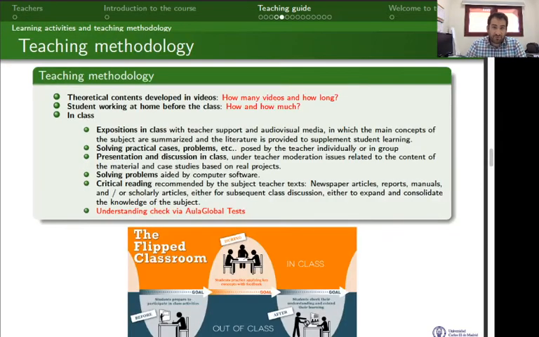As for the teaching methodology, this flipped classroom, you can see it down here. Before the class, say you'll have the information 2 days in advance, you'll have the theoretical content already in videos. How many videos and how long? That's the question. Well, my idea is, I am not a machine, so I don't know, but my idea is